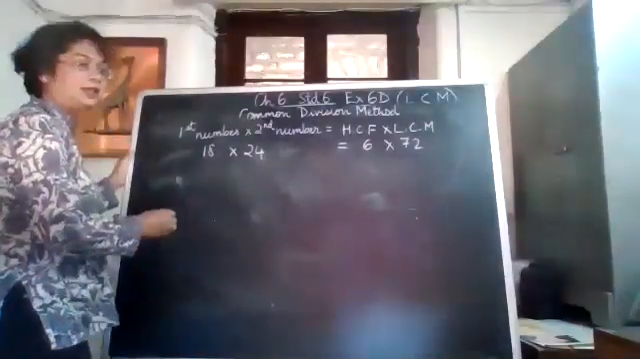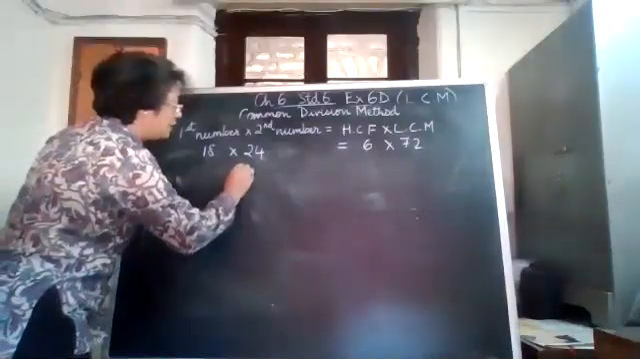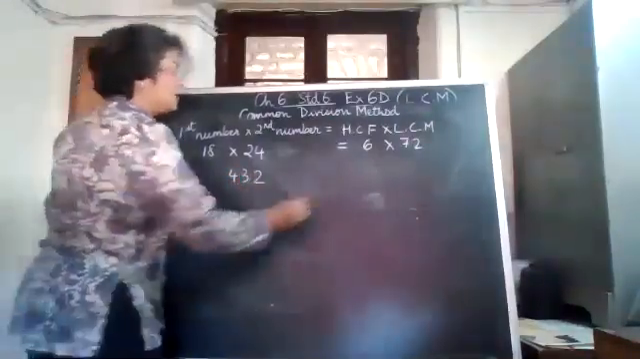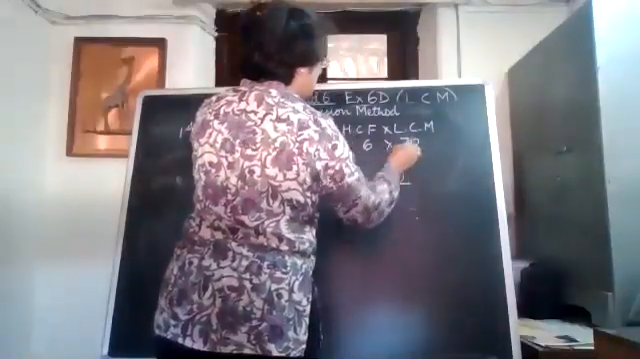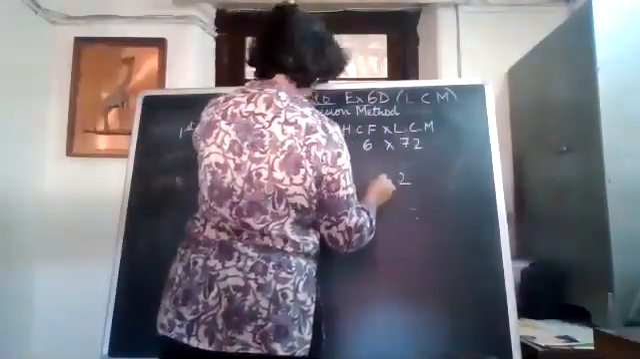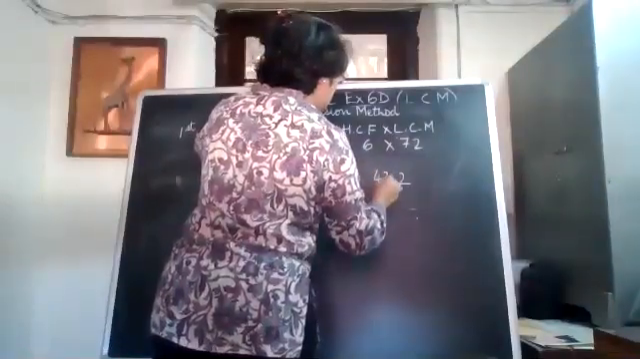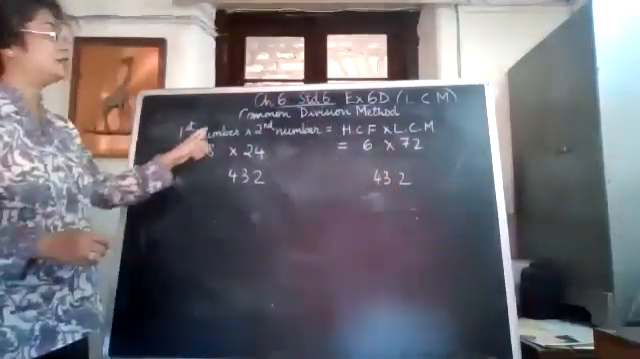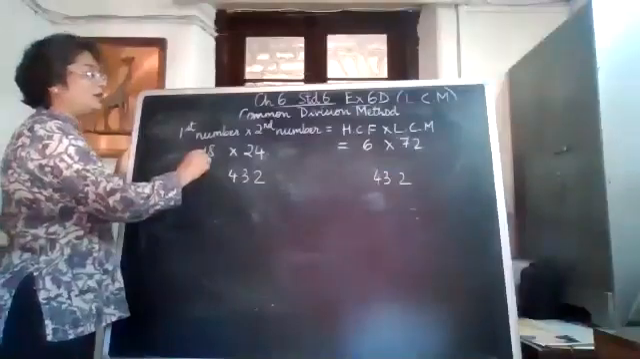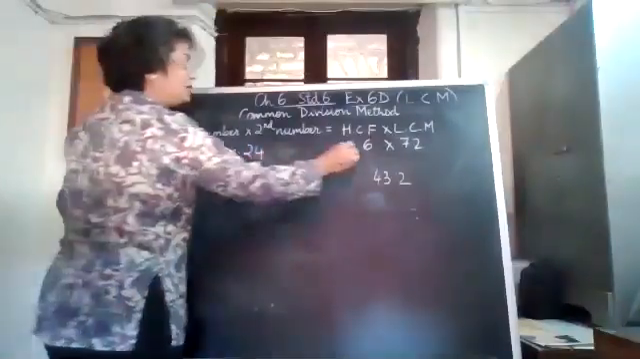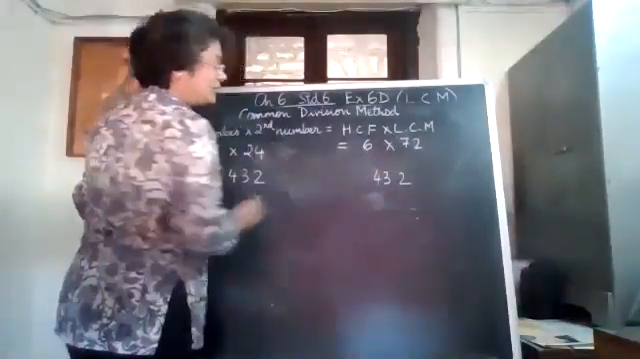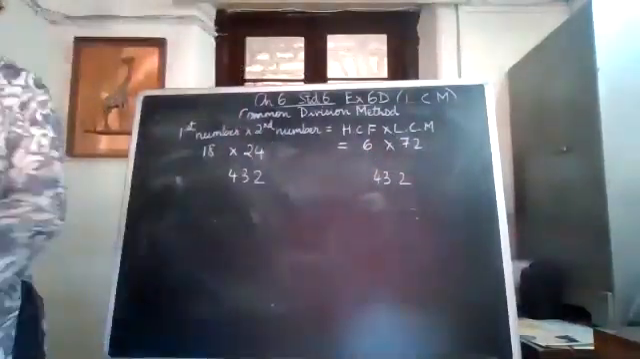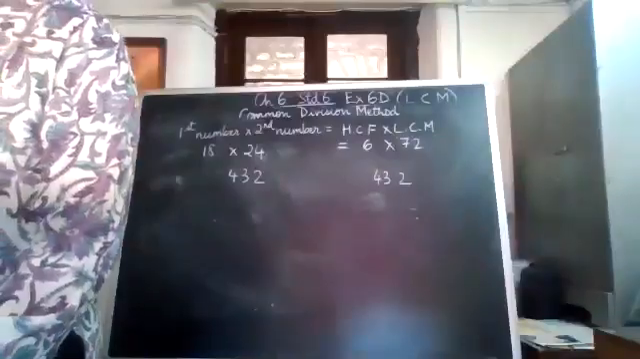What answer do we get? We get 432. And here what answer do you get? 6 multiplied by 72? 432. So this is the relationship. First number into second number is equal to the HCF of both the numbers multiplied by the LCM. Now if you see your sums in exercise 6D, sum number